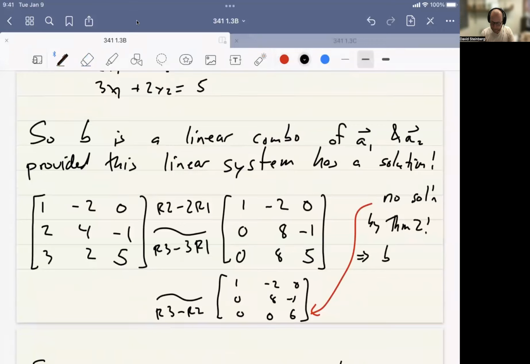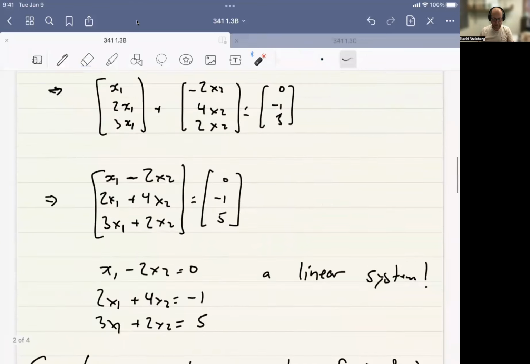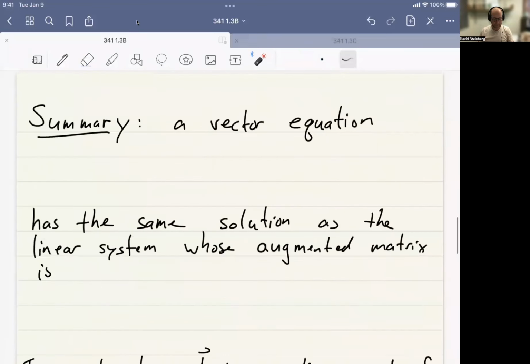So this means B is not a linear combination of A1 and A2. Okay. And we can quickly summarize what happens in general. This was a case of vectors in R3. More generally, what happens if you're given a vector equation like